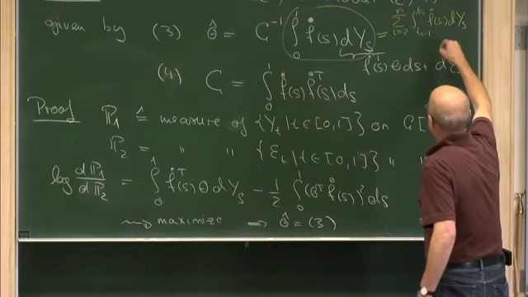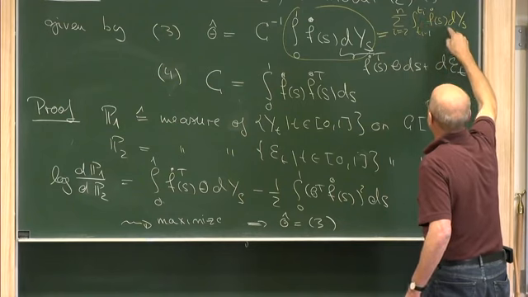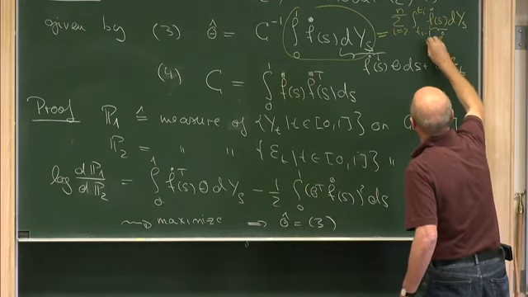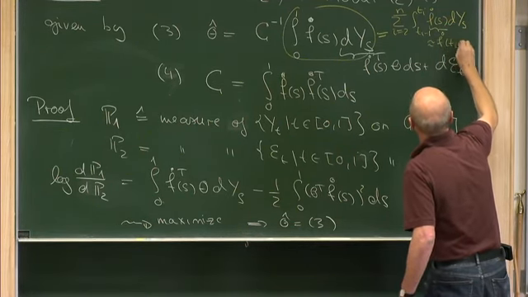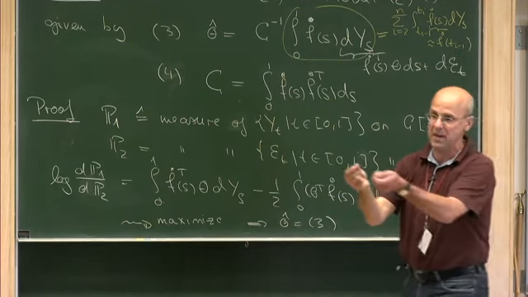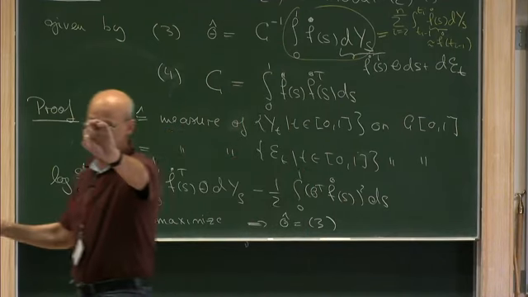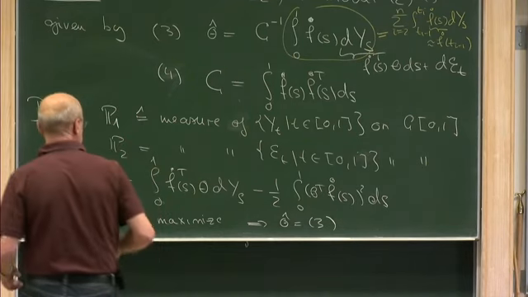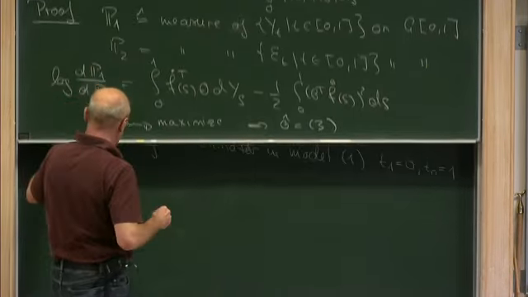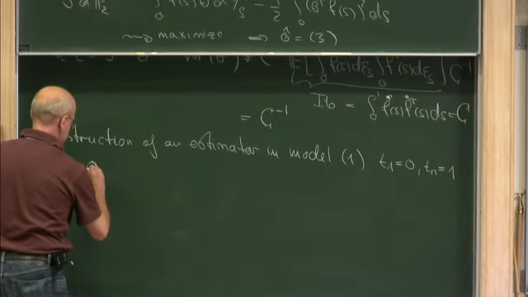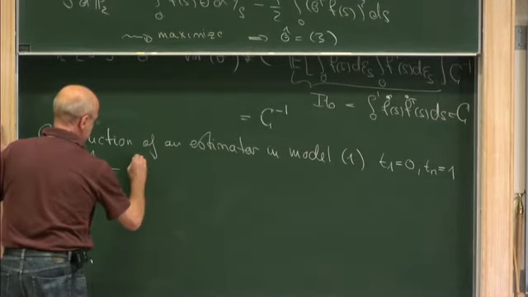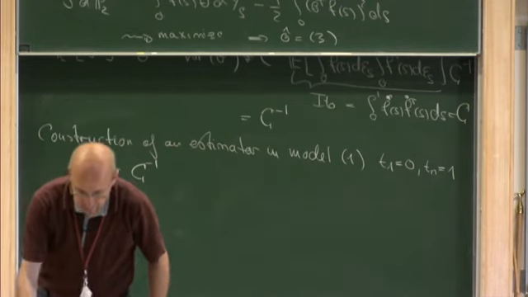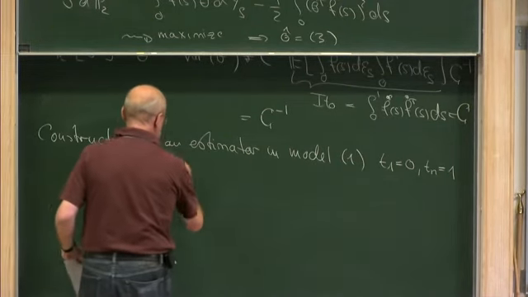If you want to construct an estimator, you cannot evaluate this, but you can say, well, if the interval is small, this is somehow close to f of t_{i-1}. So you just replace the function which varies by the value of the left boundary. That's the way the Riemann integral is constructed. Okay? So the estimator that I have in mind is theta n hat, it's C inverse, and now I have to be careful because I changed the notation. I take, and then I get the sum,